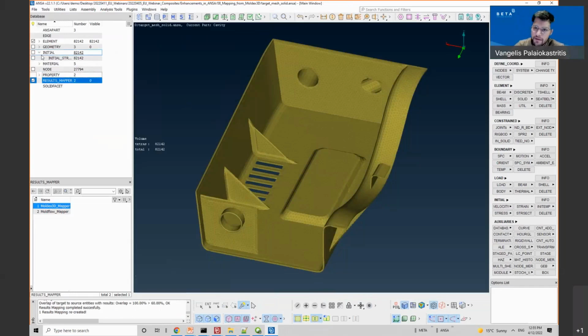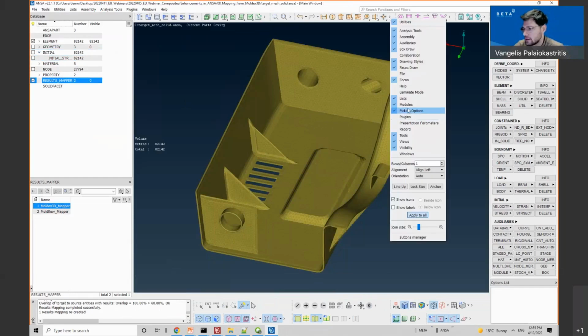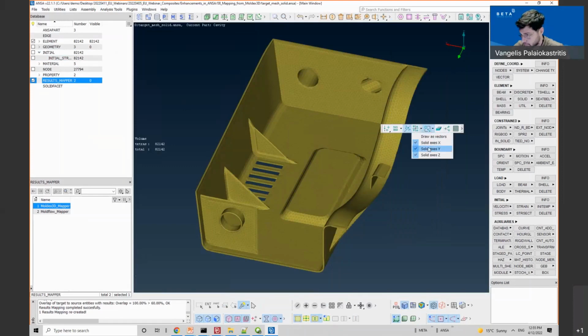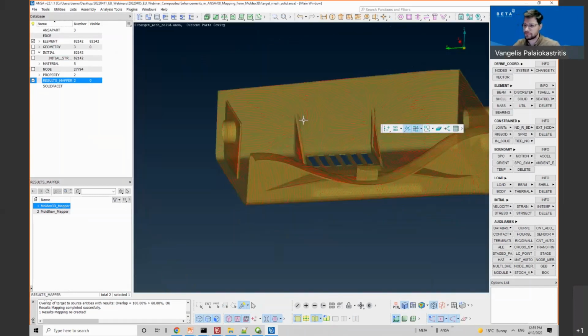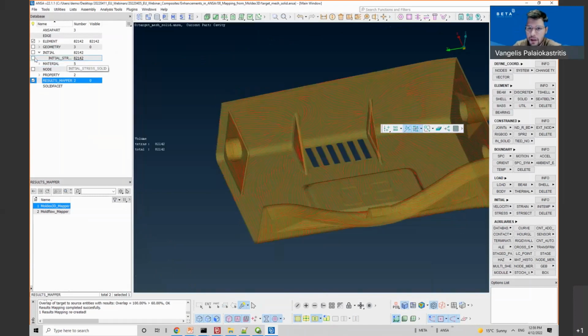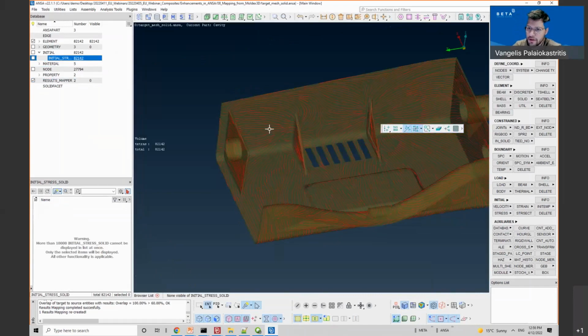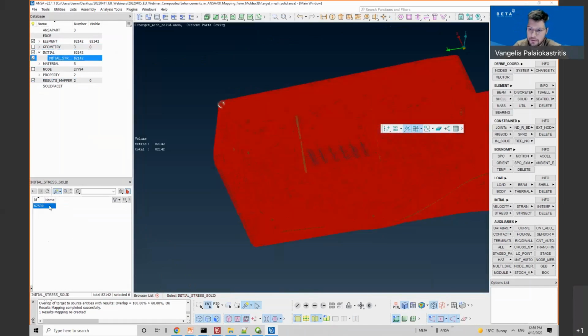It's like we estimate one material for each element. Okay, so these are the orientations. And the information of the homogenized material for Dyna is inside this initial stress solid keyword.